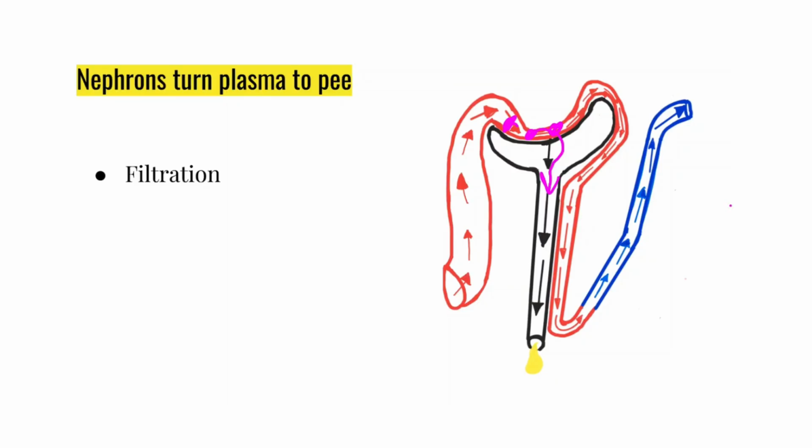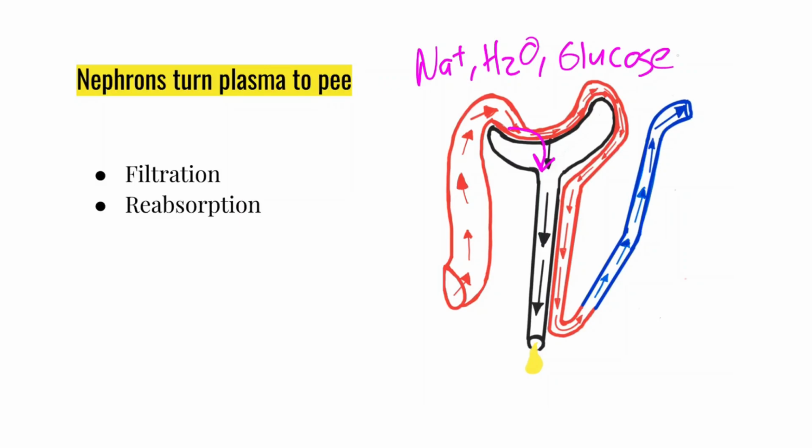The next step that the nephron is important for is reabsorption. Because it turns out that what happens is we actually put a lot of our plasma into this tube, including many things we would like to keep. A lot of things like sodium and a lot of water and glucose and many other goodies that we don't want to pee out. We want to keep those. So we actually have to do something called reabsorption, where we put those back into the blood. And that's just a very important step.